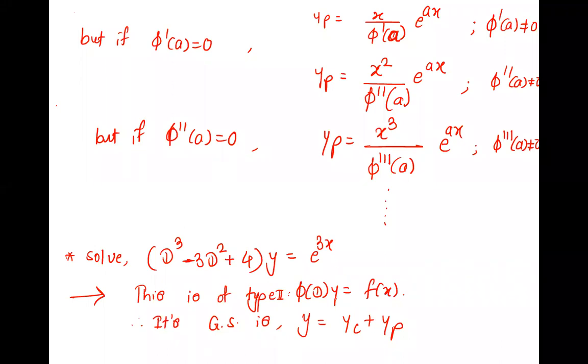Any doubt up to this? Whenever phi dy is f of x, it is yc plus yp. But if it is 0, it is directly y is equal to, no need of yp then. Okay. So now to find yc,